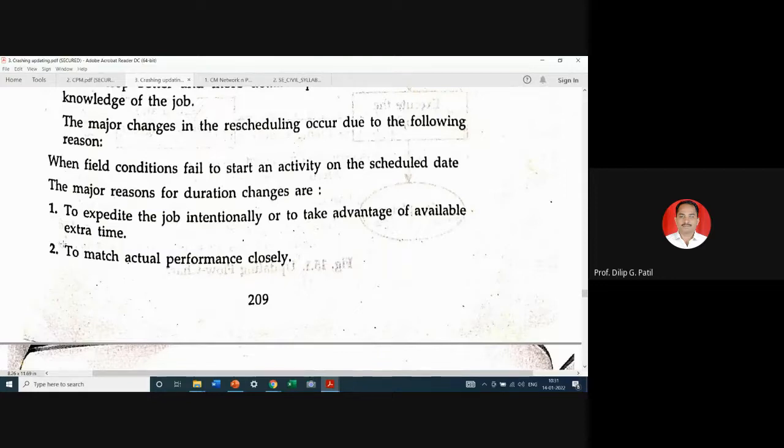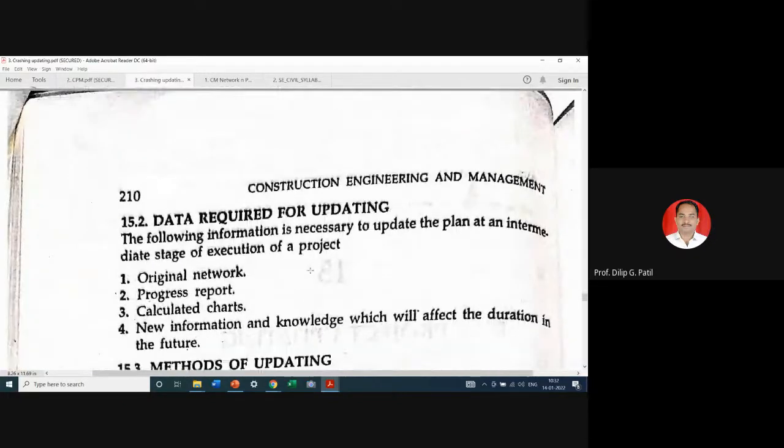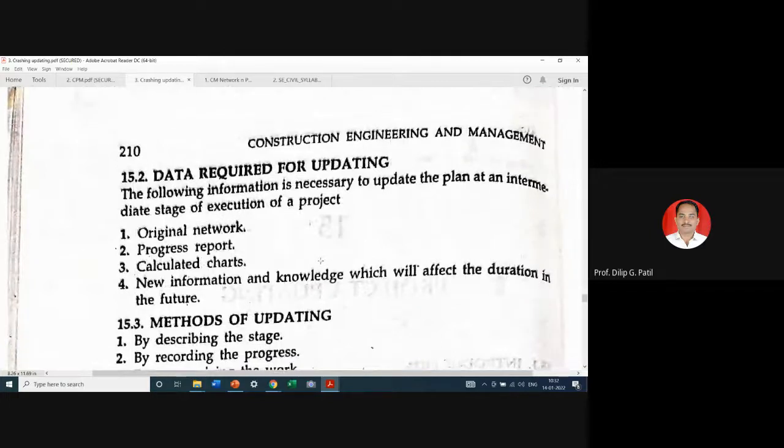10th डेला एवढा प्रोग्रेस पाहिजे होता, तो जर नसेल तर काय करावं लागेल, आपल्याला स्पीडअप करावं लागेल, एक्स्ट्रा रिसोर्सेस ऍड करावं लागतील, किंवा त्या पद्धतीने जर तो इव्हेंट त्याच्या अगोदरच म्हणजे इन्स्टेड ऑफ 10th डे, इफ दॅट इज ऑकर्ड ऑन दी 8th डे, तर आपण पुढची ऍक्टिव्हिटी जी डिपेंडंट आहे, दॅट वॉज ऑलरेडी शेड्यूल ऑन दी 11th डे, दॅट वी कॅन स्टार्ट इट ऑन दी 9th डे. त्या पद्धतीने आपल्याला कंटिन्युअसली मॉनिटर करावे लागतात ऍक्टिव्हिटीज, आणि हे साईटवरती तुम्हाला गेल्यावर, किंवा तुमच्या पर्टिक्युलर फील्डमध्ये जी तुमची ब्रँच